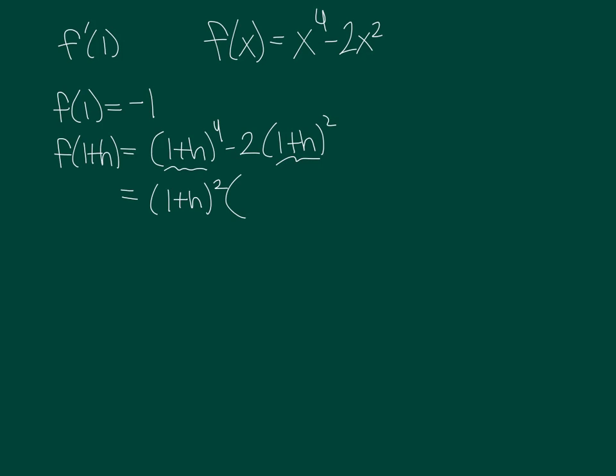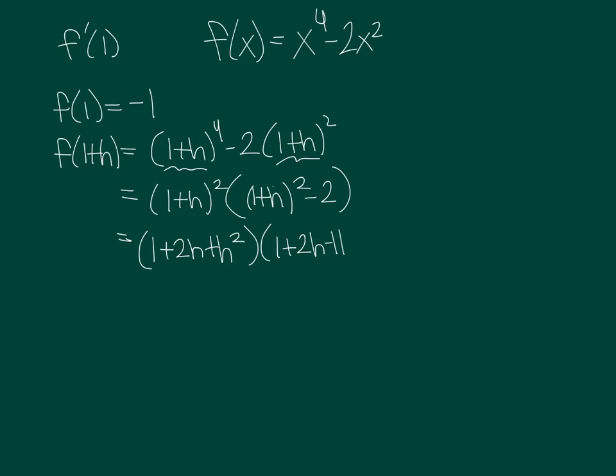Okay, so I have (1 + h)^2 times what would make (1 + h)^4? Well, that would be (1 + h)^2, and then minus 2. So let's go ahead and expand. Now all I have to deal with is squares. So I get 1 + 2h + h^2. Notice I'm trying to write really neat. Now that's being multiplied, again, by 1 + 2h + h^2